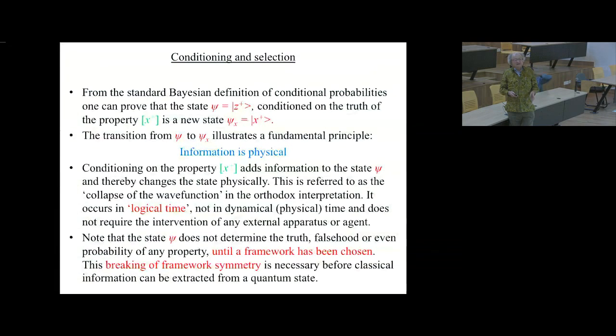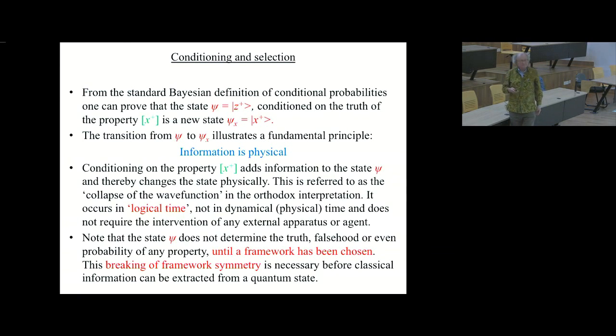Note that the state psi does not determine the truth, falsehood, or even probability of any property until a framework has been chosen. And that's what I call the breaking of framework symmetry. There are all these frameworks, and they're all somehow equivalent. If you select the framework, condition on the framework, you have to break the framework symmetry. That then creates a probability function. And if you then select an outcome, you collapse the wave function. The way you collapse the wave function is first selecting a framework and then selecting an outcome